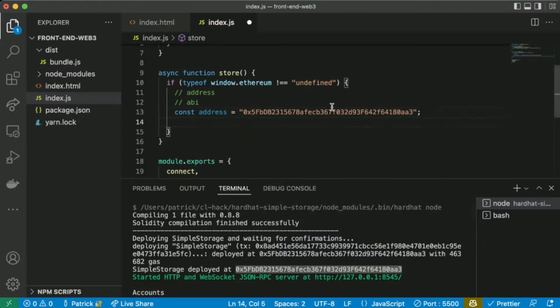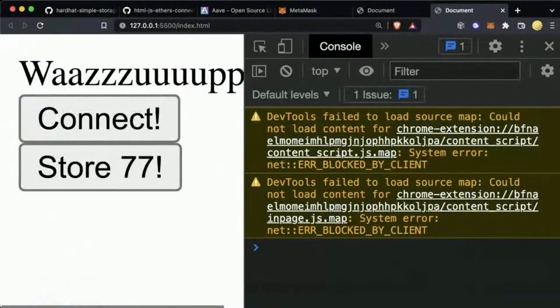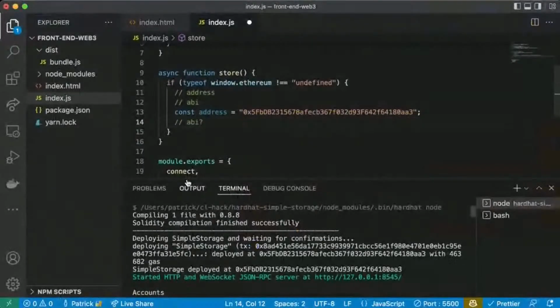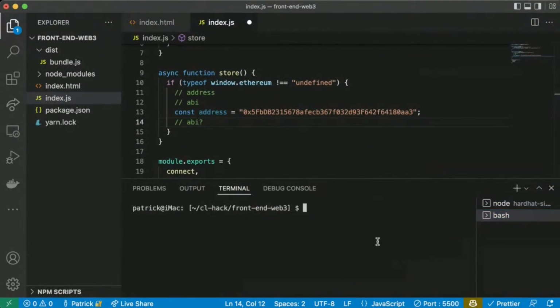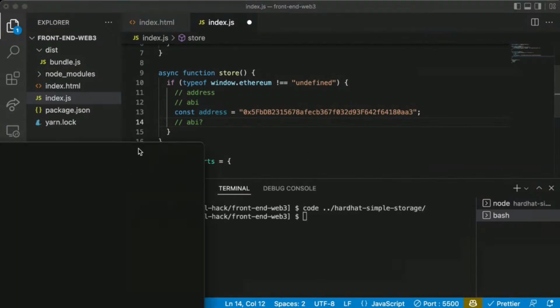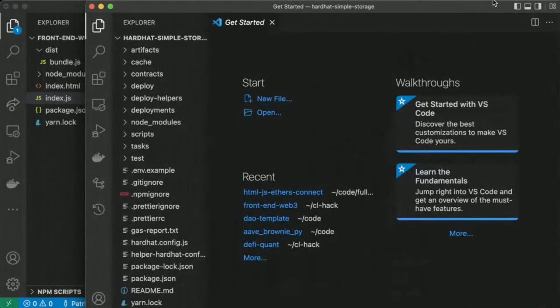But where do we get the ABI from? Well, we go back to our code base where we have Hardhat running.